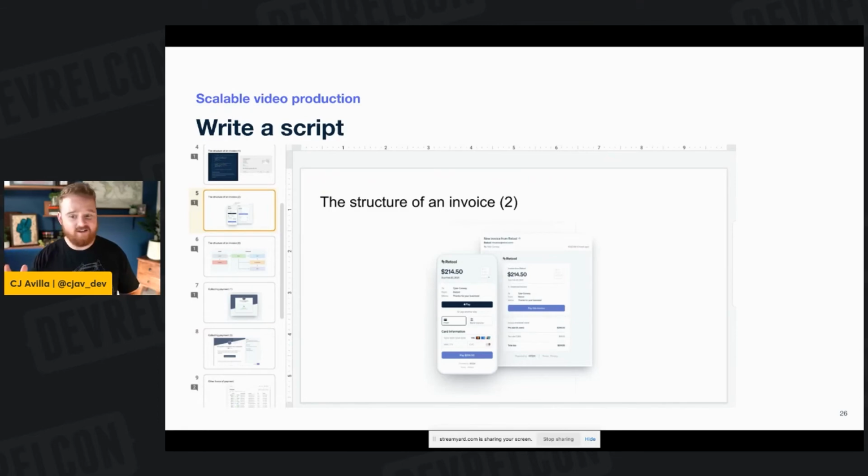Another alternative is to use a storyboarding technique. You can just write slides or have your content, the spoken content, as the speaker notes, or you can maybe even have a two column grid where on the left you'll show an image of what you want to see on screen. On the right, you'll write your voiceover.